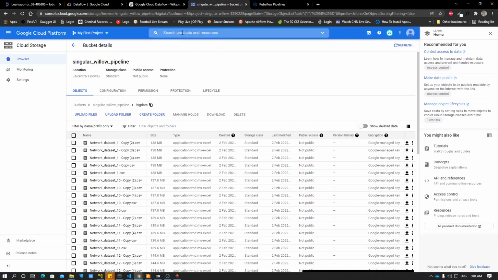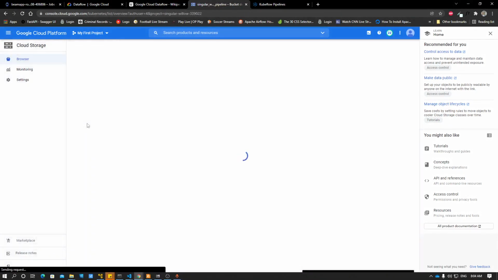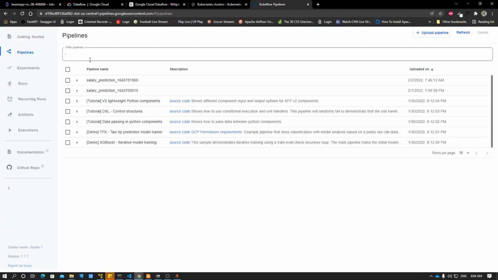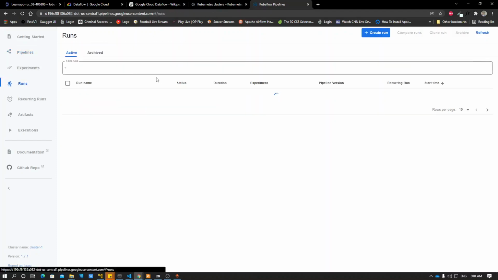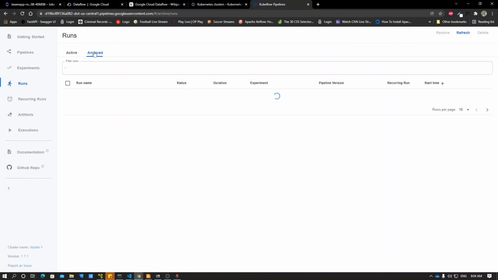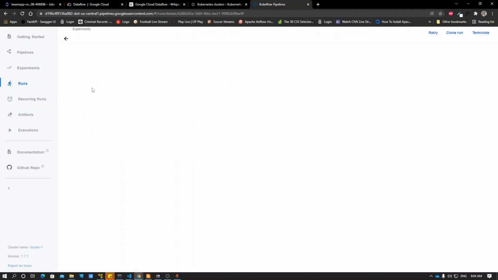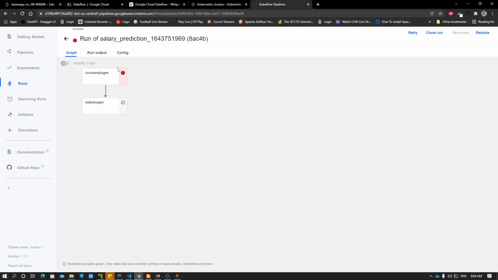The problem, however, so let me just go back into my Kubernetes cluster and then show you something. The problem, however, is that when you are running, for example, so I don't have any run. Let me just go into my archives. Probably there is something there. When you are running a TFX component, something like example gen, it's running in just one node of your Kubernetes cluster.